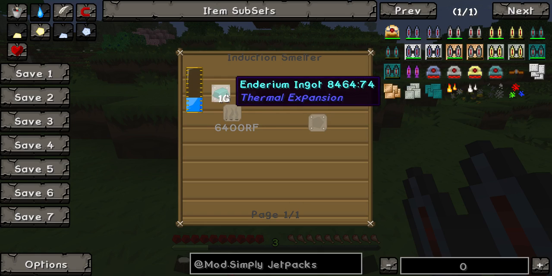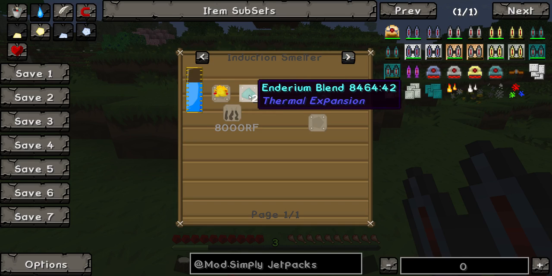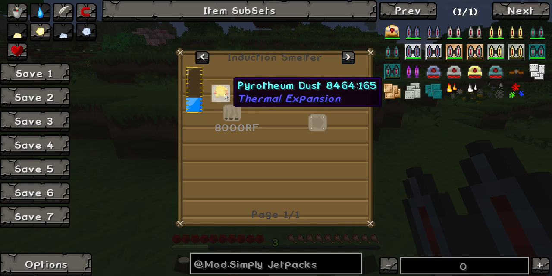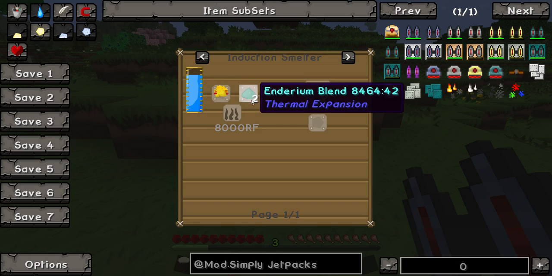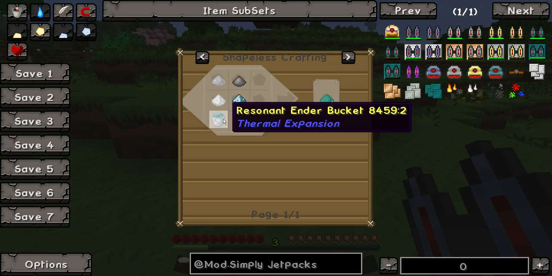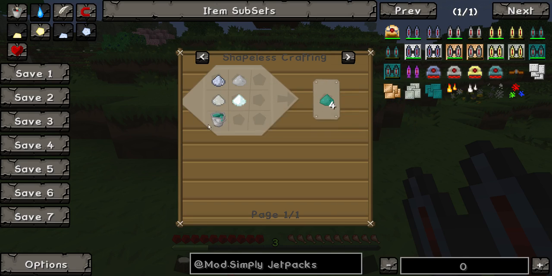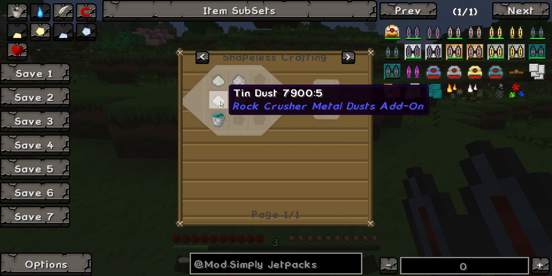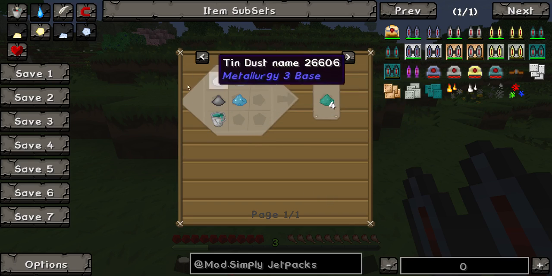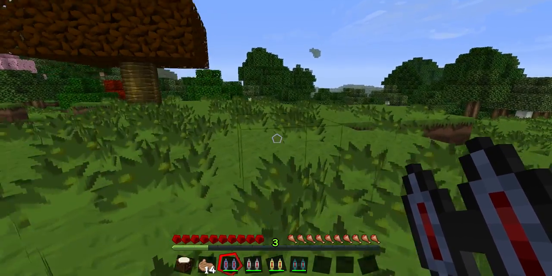But once again, the reason why I say this is the hardest one of them all to make is, if I go here, you have to have Enderium blend with Pyrotheum dust, which Enderium blend requires a Resonant Ender bucket, which requires a couple ender pearls and a couple iron just to make the bucket, and then you should watch my other video on that. So anyways, once again,